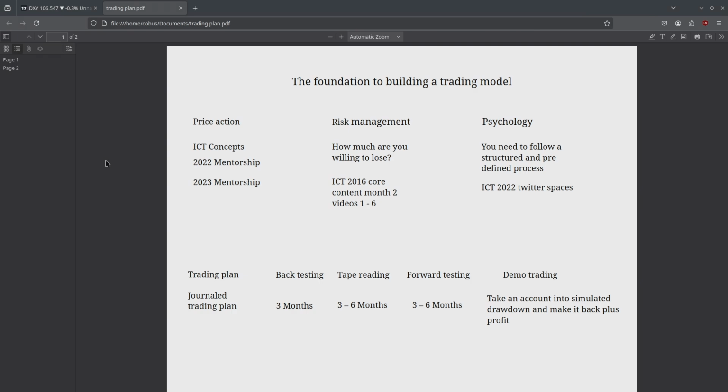How do you take all this information and build yourself a trading plan? How do you come to that conclusion where you have a structured model with set rules in place